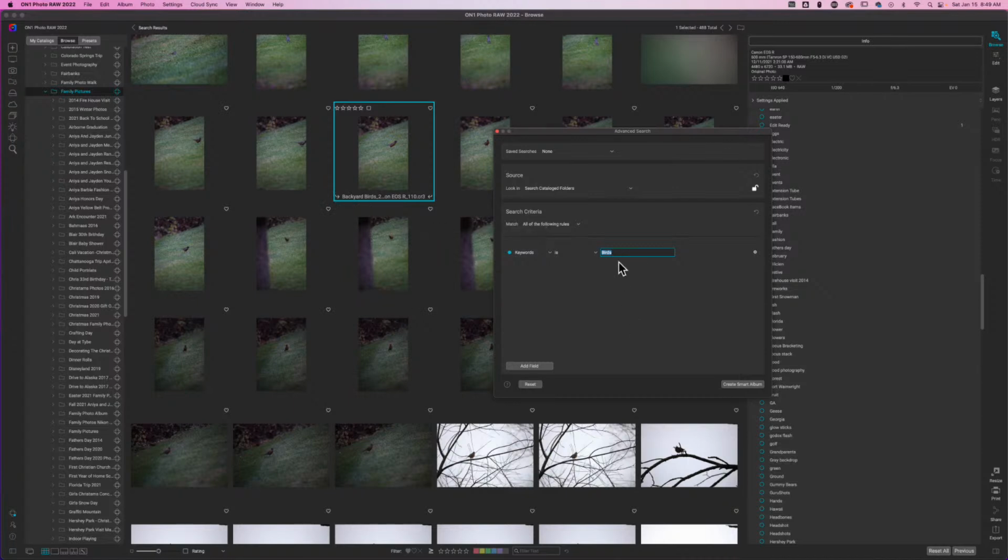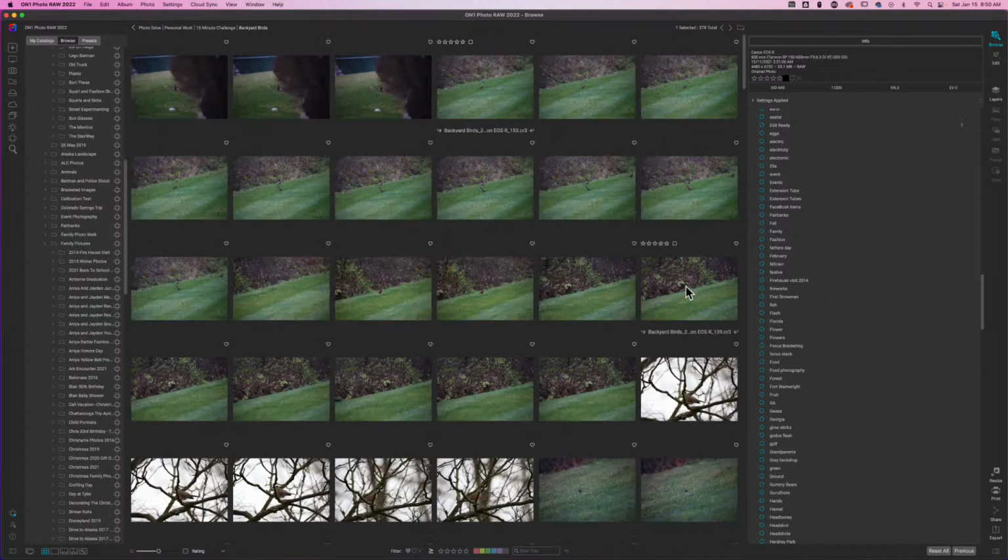But I would type in birthday, and then I would use another token or another field, type in Chris, and then maybe even put in a date range if I know what year that was shot in, because you can do a date range field by year, right? And that's going to get me to those files really, really fast, and then I can deliver those to whomever I need to deliver them to. Now, as I mentioned before,